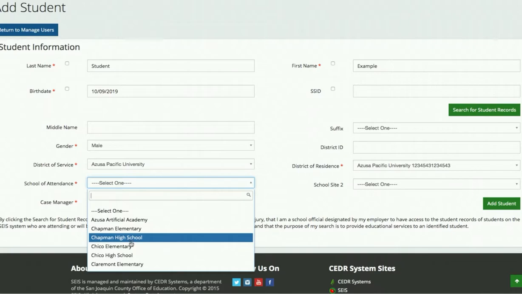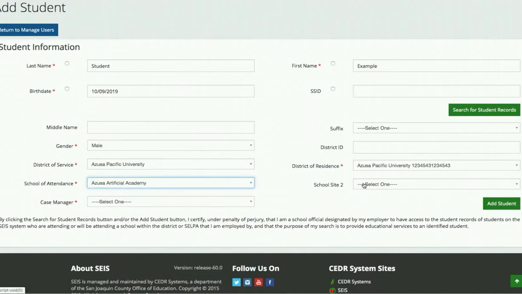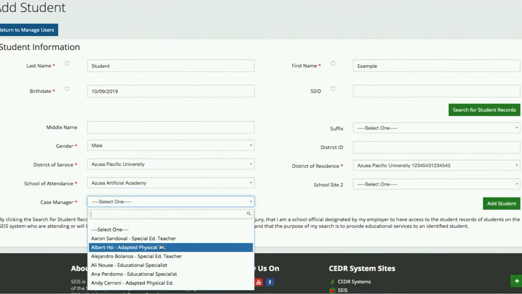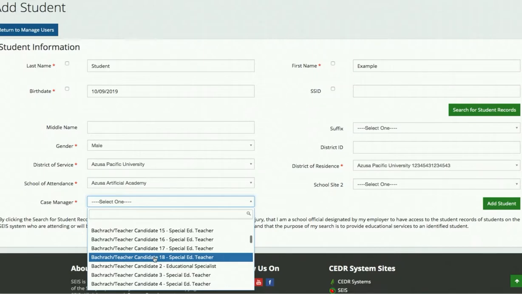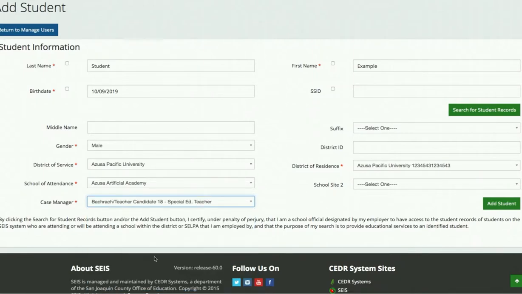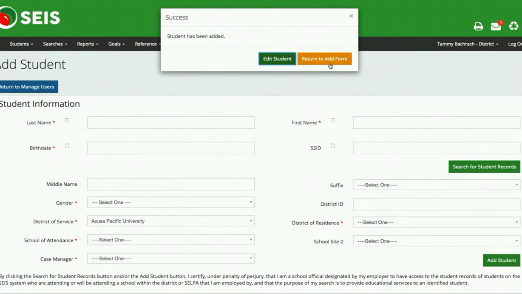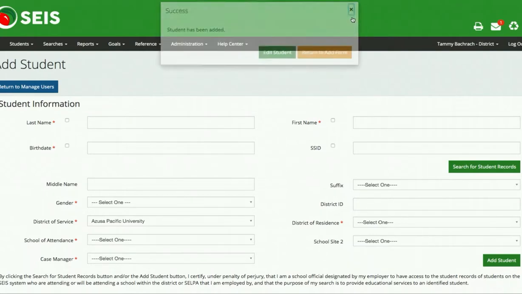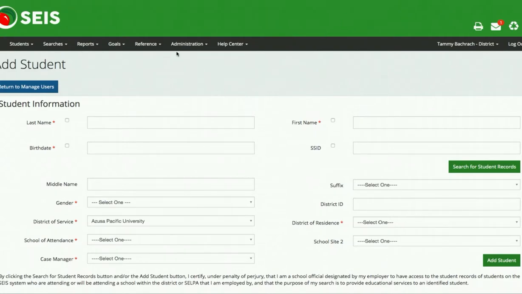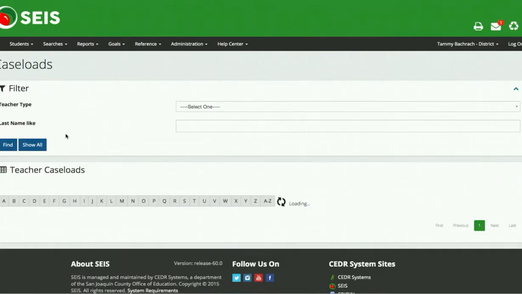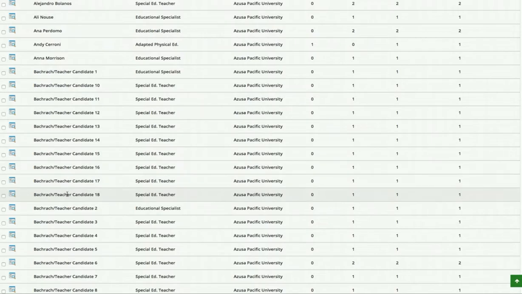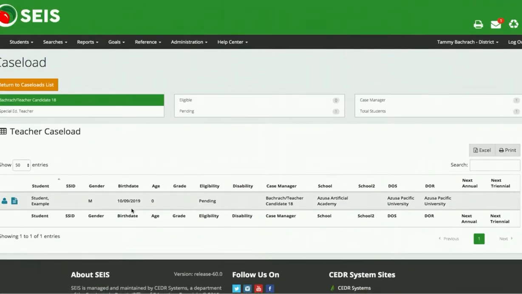So you can add any, I usually just add the top one so I don't have to scroll down. I don't need a second school. Case manager, here's where you're going to find the teacher candidate. So I just added teacher candidate number 18 for me, and add, and then add. Okay, and then I can keep adding students. So each of your teacher candidates that you have made an account for, you'll need to add at least some mock information to add a student for them. And I can go back to my caseload and see that my teacher candidate number 18 now has one student,